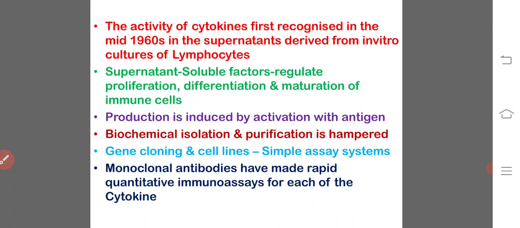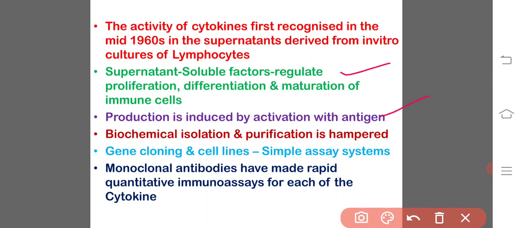And furthermore, the activity of cytokines was first recognized in the mid-1960s in the supernatants derived from in vitro cultures of lymphocytes that contain soluble factors that could regulate proliferation, differentiation, and maturation of the immune cells. It was discovered that production of these factors by cultured lymphocytes was induced by activation with antigen,